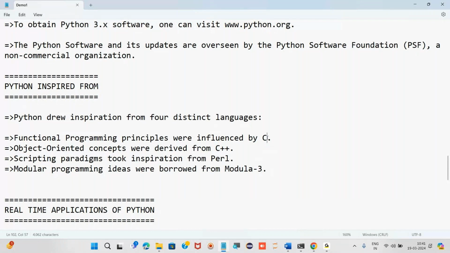What is a function? A function is nothing but a set of rules, a set of subprograms. We'll see what a function is later. So that is also influenced by C programming, for the functional programming principle. The object oriented concept, the OOPs concept as we call it,